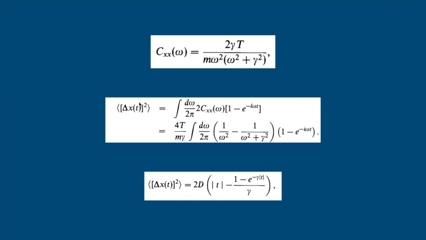The average of x of t minus x of t dash, the whole square, however, is finite. So using this equation, we can conclude with this. And the second term in this expression is easily evaluated by contour integration. The first term, which is directly proportional to mod t, can be obtained from the second by taking limits, so gamma tends to 0. Thus, if we make all those approximations and integrate, we will get this formula for mean square displacement.